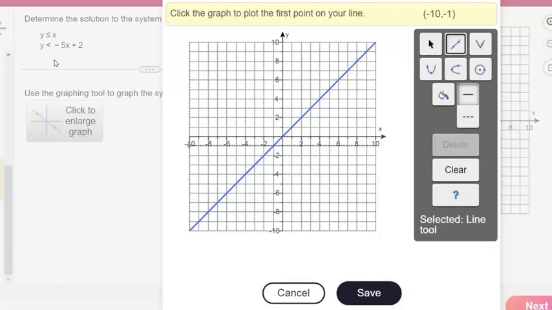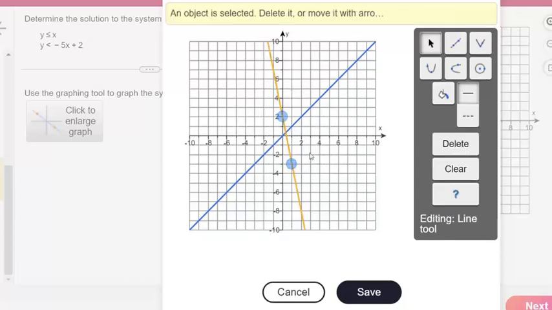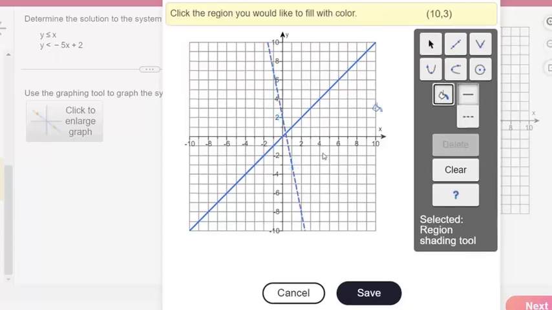But this next one, it's in slope-intercept form. It's got a y-intercept of 2, so that's its starting point on the y-axis. And has a slope of negative 5, which means I go down 1, 2, 3, 4, 5, and to the right 1 and put a dot. But this one has to be dotted because it doesn't have the or equal to symbol. But then this is an inequality, so the last part is we have to use this bucket tool to shade